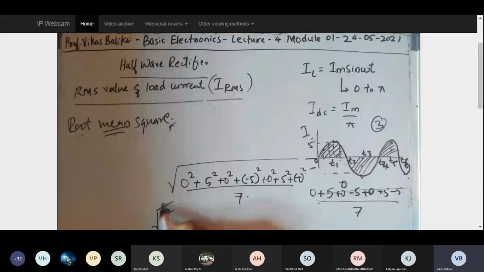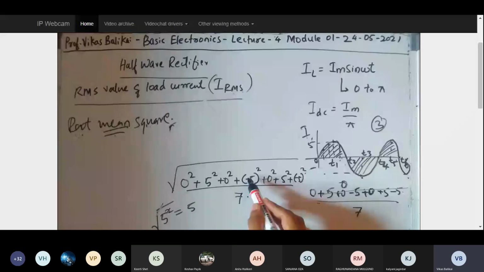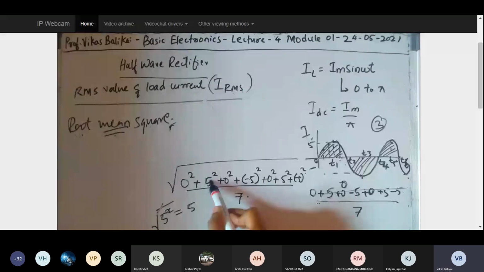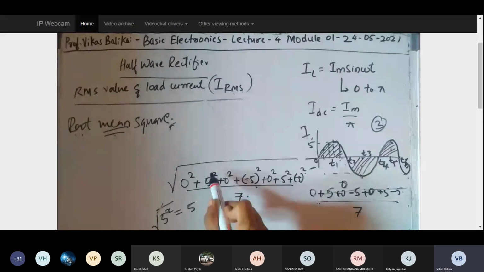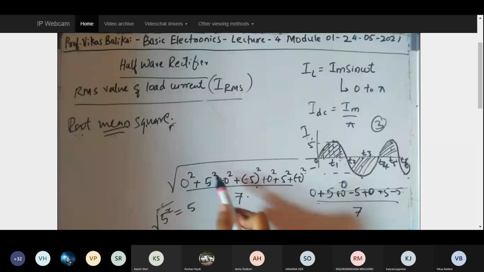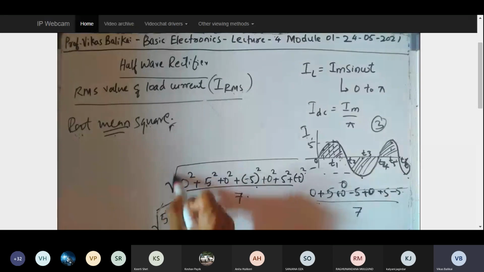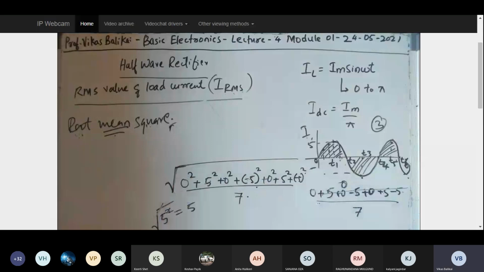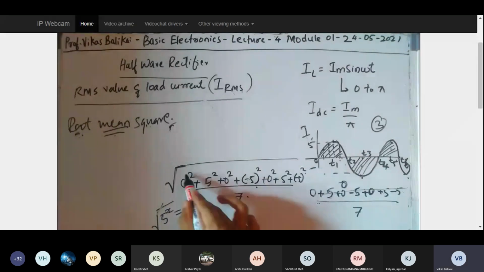The funda is that these squares are just to ensure these negative terms get converted to positive. Now what happened to minus 5 square? Plus 25. Square root of 25 for 5 and square root of 25 for minus 5, which otherwise would have been plus 5 minus 5 and resulted in 0. Now that is not the case: 5 square is 25, minus 5 square is also 25. And because you have used the square term, in order to nullify its impact, I took this square root term. So this is basically the idea behind using the root mean square term.